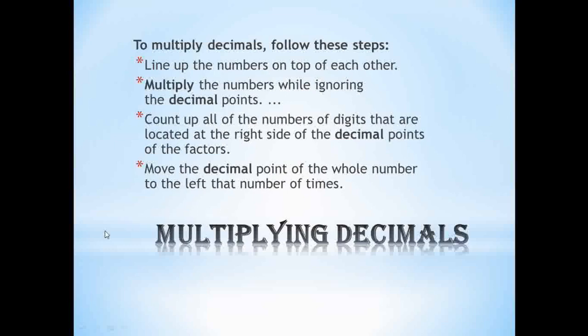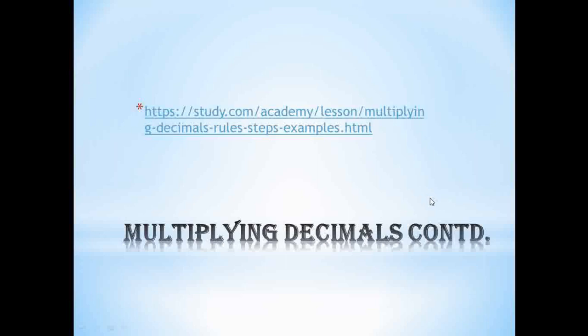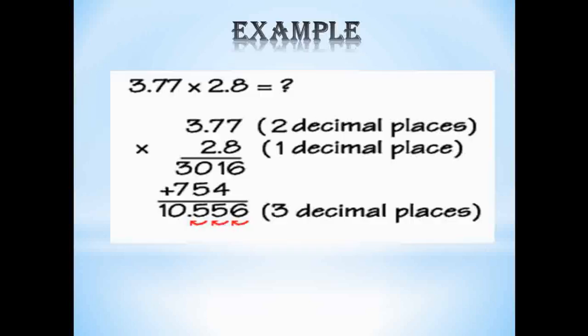After we have done that, whatever number we had in the answer, we are going to start at the end, because that would be a whole number now, because we have not inserted the decimal point yet. So we start at the extreme right of the number, and we move in the number of decimal places in the number. And in case we want some more insight, we have a video there that you can go in and watch at your own time, just to get some more insight. Alright,